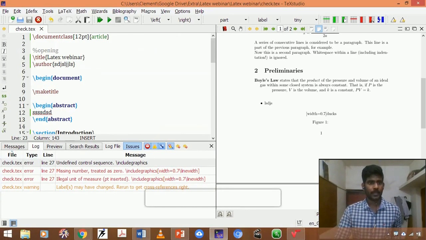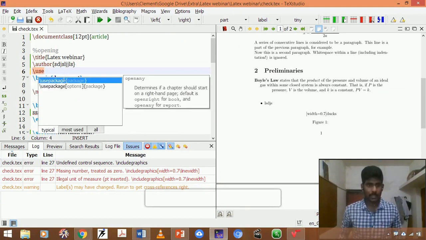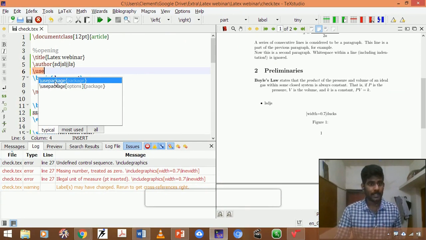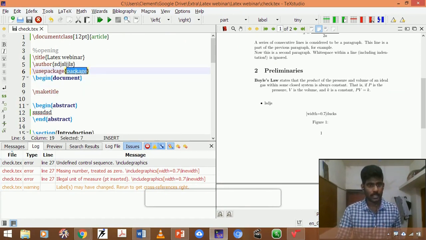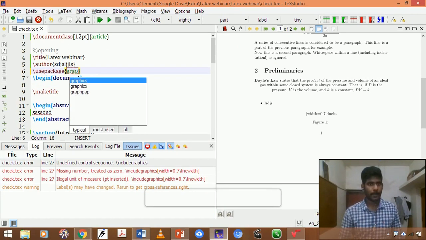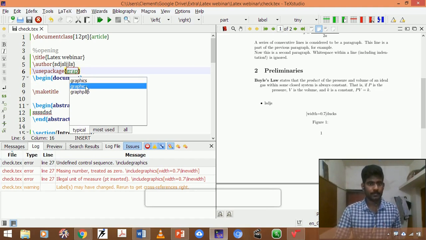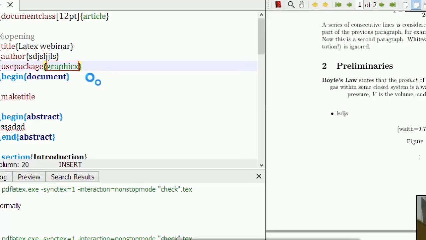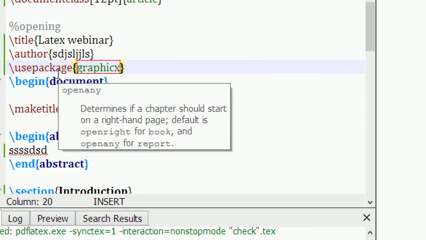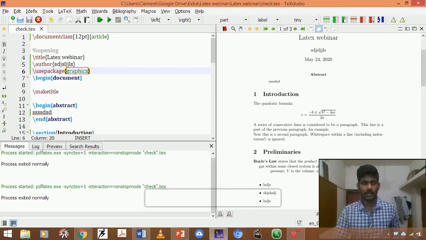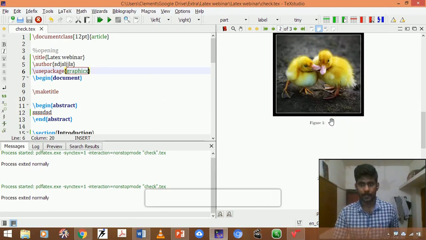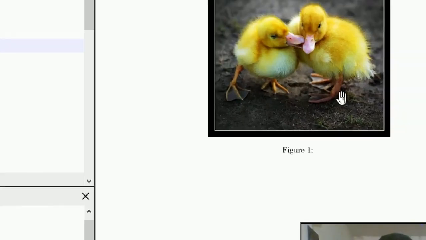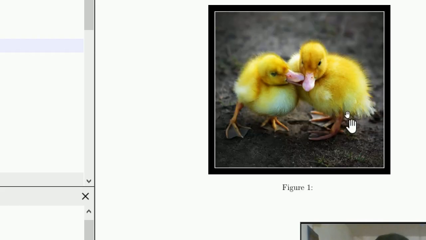The package name is called graphics, that you should know. Graphics. Okay, so after this simply I can compile it. See, it was generated. Yeah, beautifully the figure was fed here.